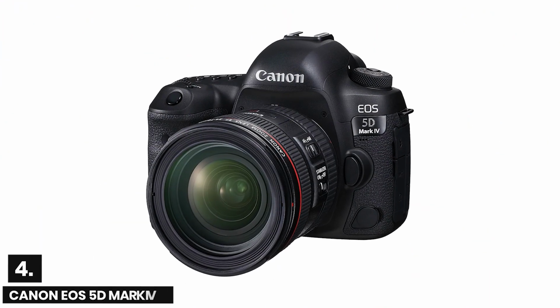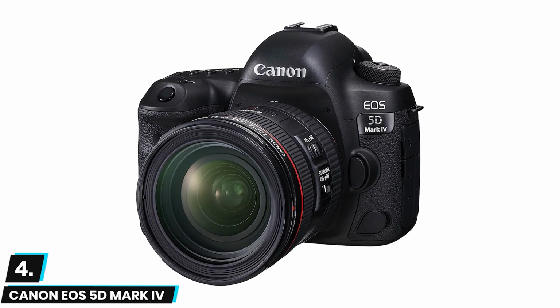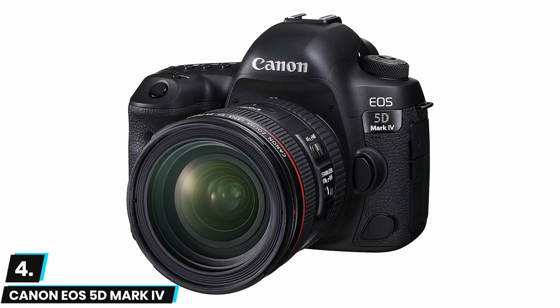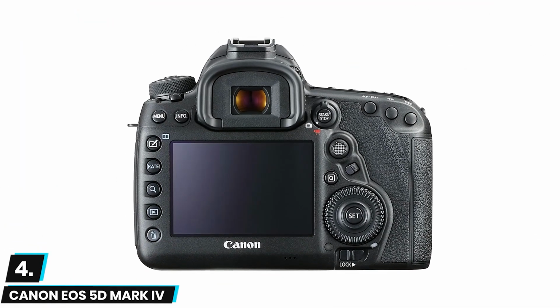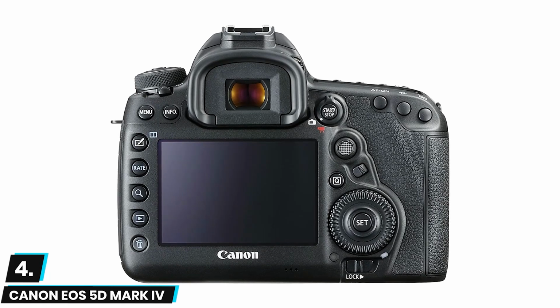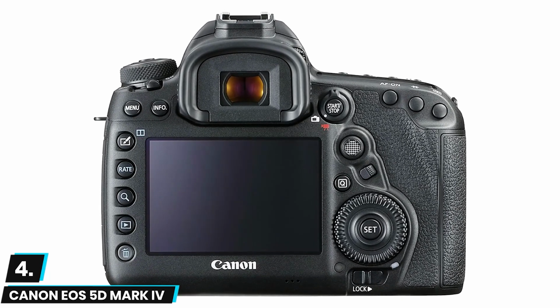Moving on, at number 4 we have the Canon EOS 5D Mark IV. This is a premium DSLR that boasts a 30.4 megapixel full-frame CMOS sensor for vivid picture quality, and comes with support for 4K motion video at 30 frames per second. The camera's 7 frames per second continuous shooting speed is nothing but superb, and its autofocus system does not struggle